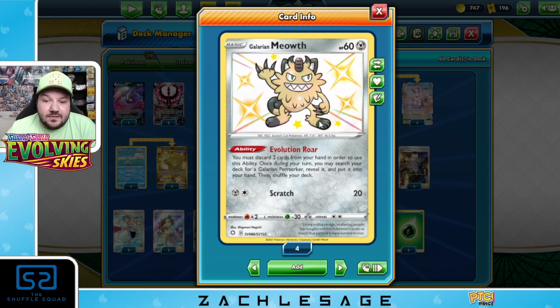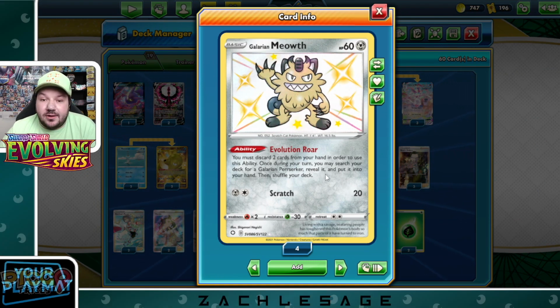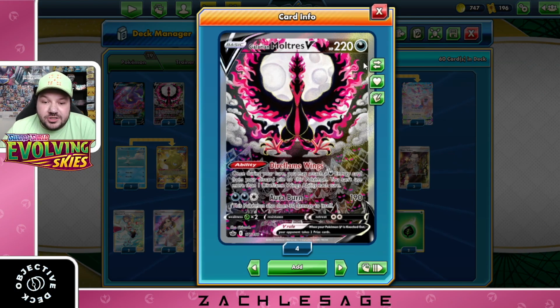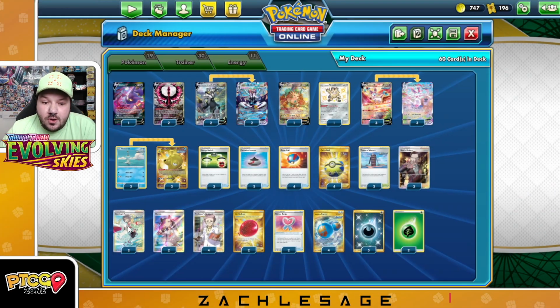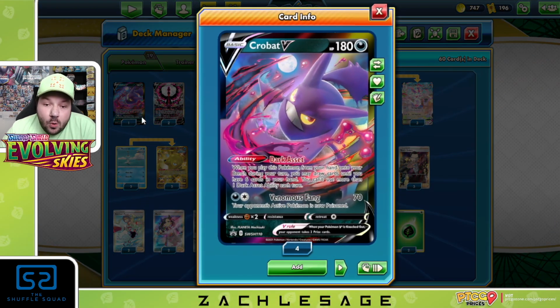Galarian Meowth is an idea that I took from Frank Perchik, where we have Evolution Roar. We're not searching for a Galarian Berserker, but we can discard 2 cards from our hand. That allows us to get Dark Energies in the discard pile for Dire Flame Wings. You could pitch some cards out of your hand so you draw more with Karina's Focus, or draw more cards